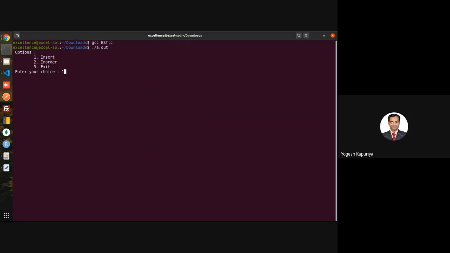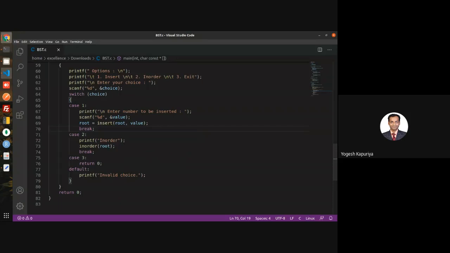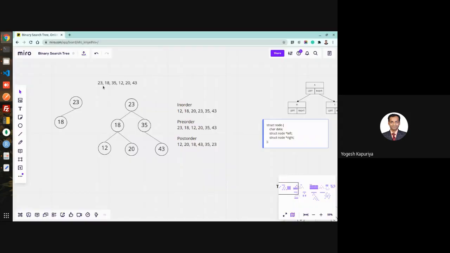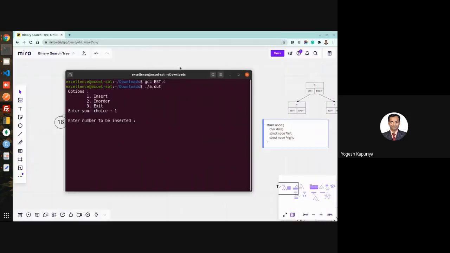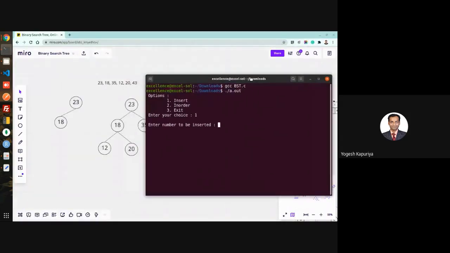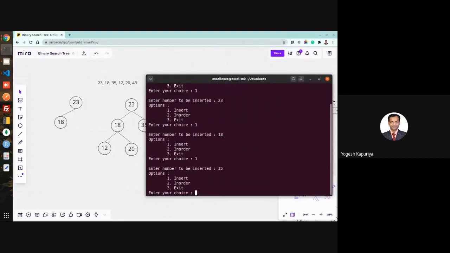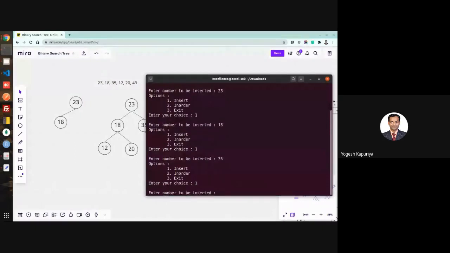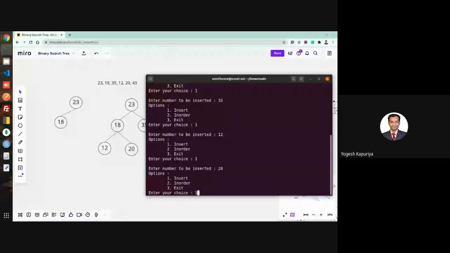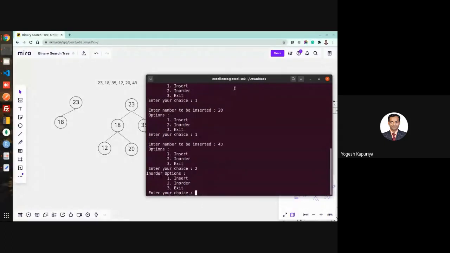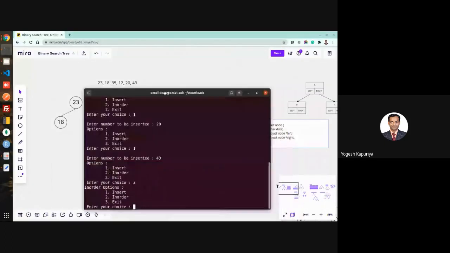First insert, we'll stick to the same 23, 18, 35, 12, 20, 43. And then in order. Again it is not working.